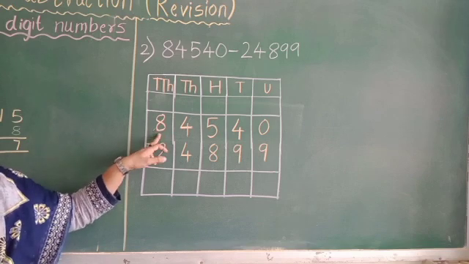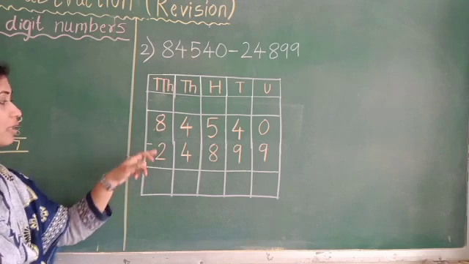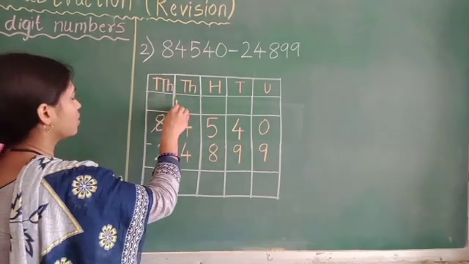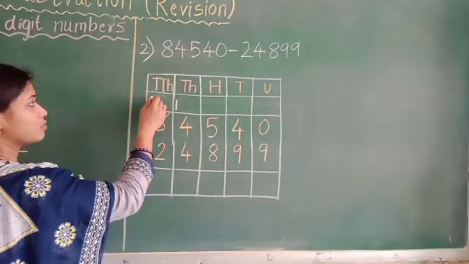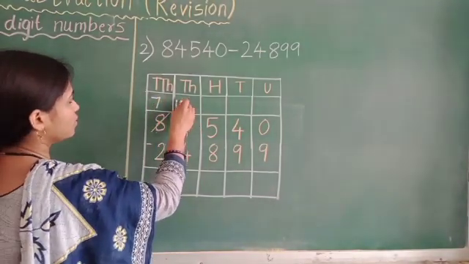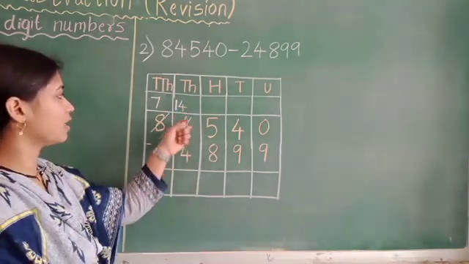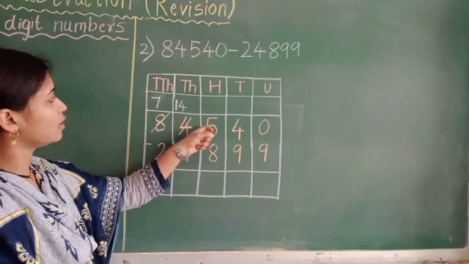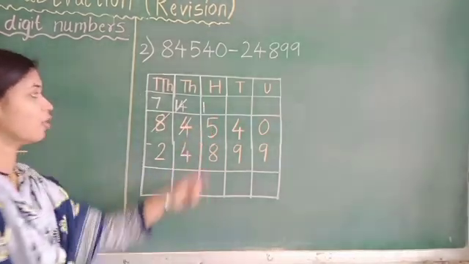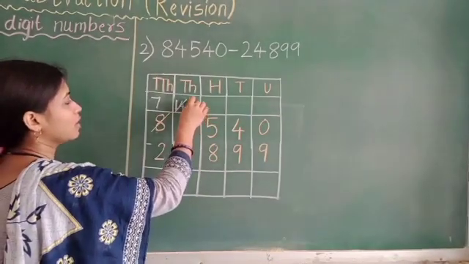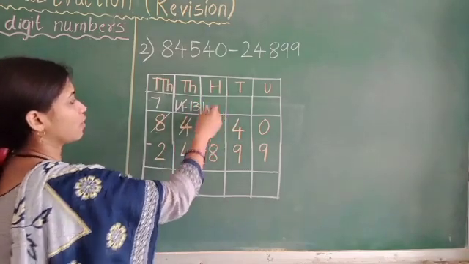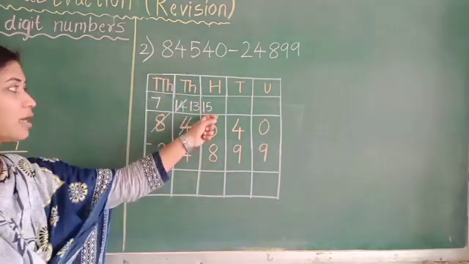8. Can we take 1/10 from 8? Yes, because 8 is greater than 2. So from this number we can take 1/10. And what will remain here? 8 minus 1. It will become 7. And 4 from the units. Now this number has become 14. Can we now take 1/10 from 14? Yes. We will take 1 tens from 40. It will become what here? 40 minus 1. It will become 30. And 5 from this unit. Now it has become 15.